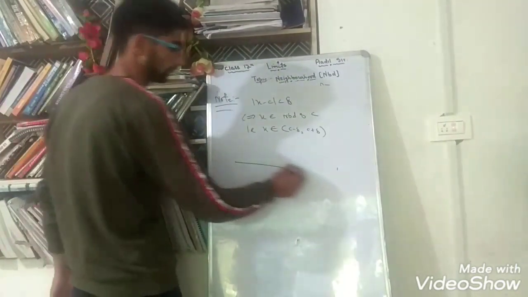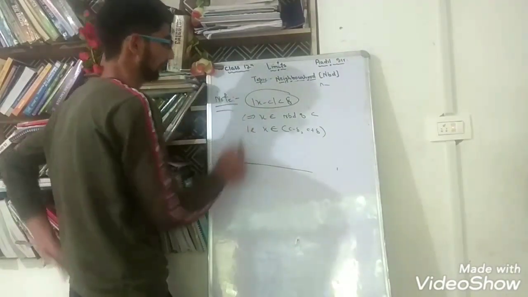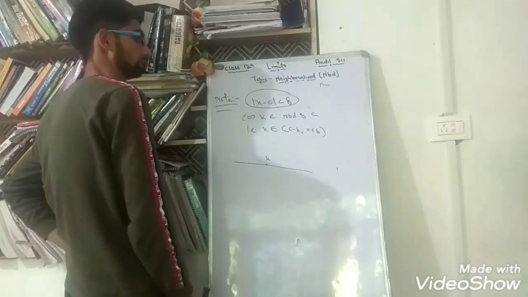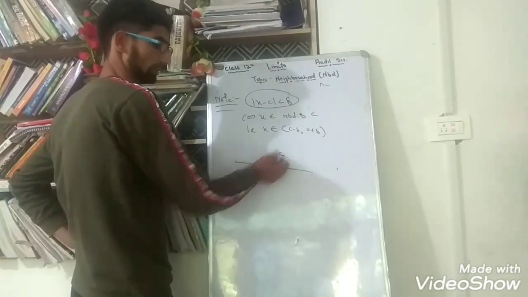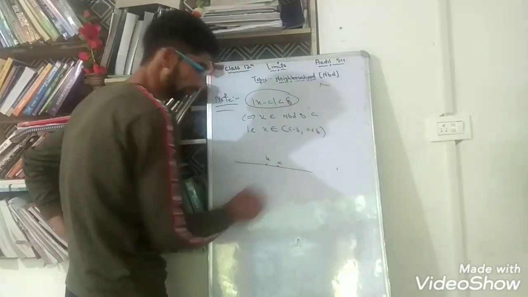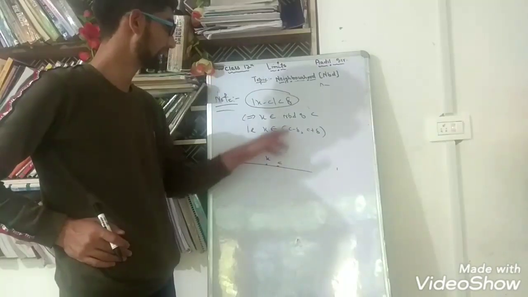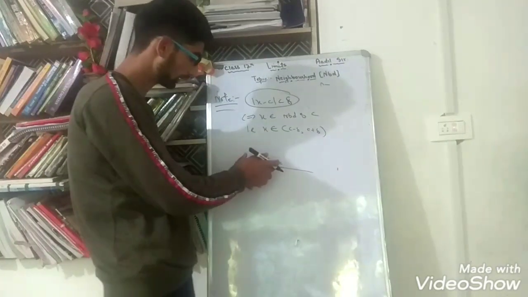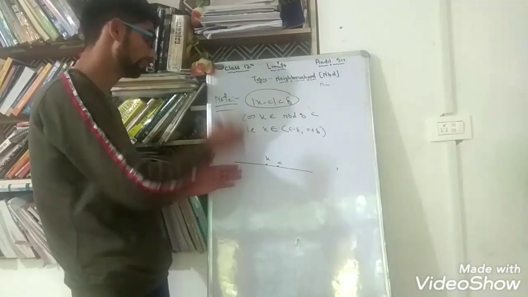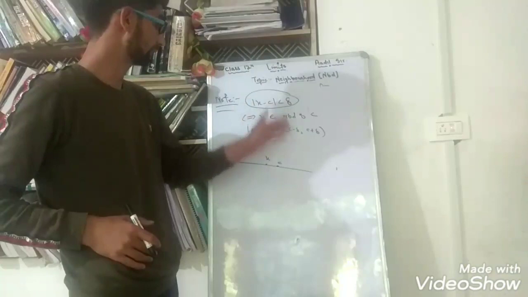You analyze it on the number line. What this actually means: we have a point x and another point c. When we are finding the distance between these two, the distance between x and c, we are getting less than delta. So the distance between x and c is less than delta. So that means this x must be